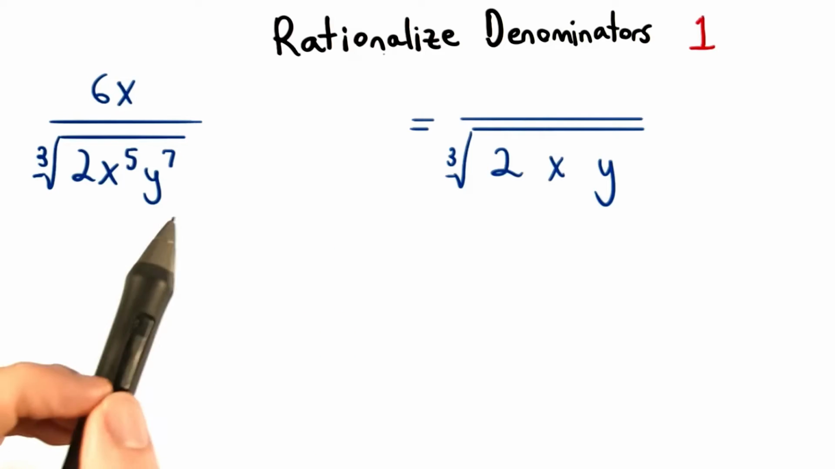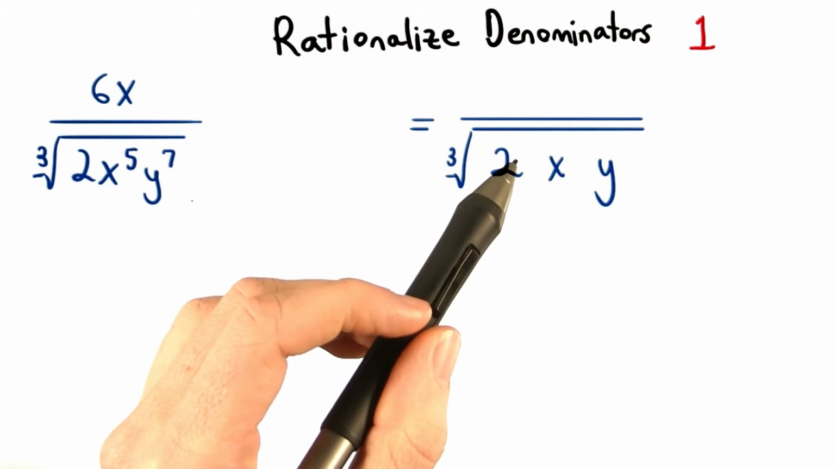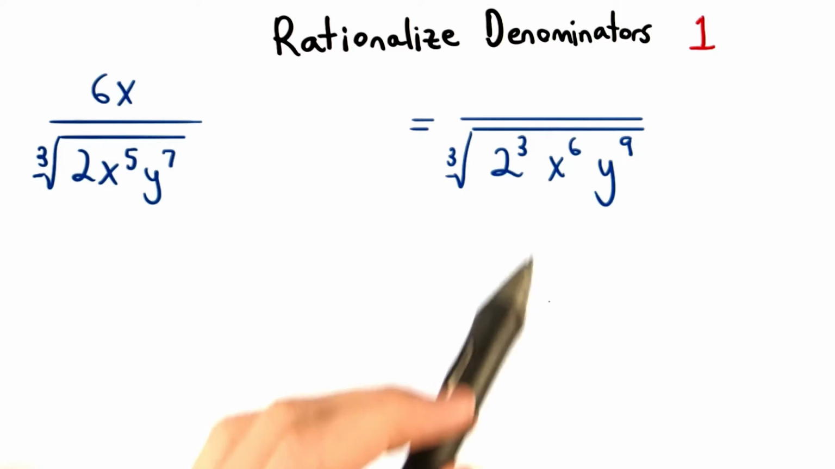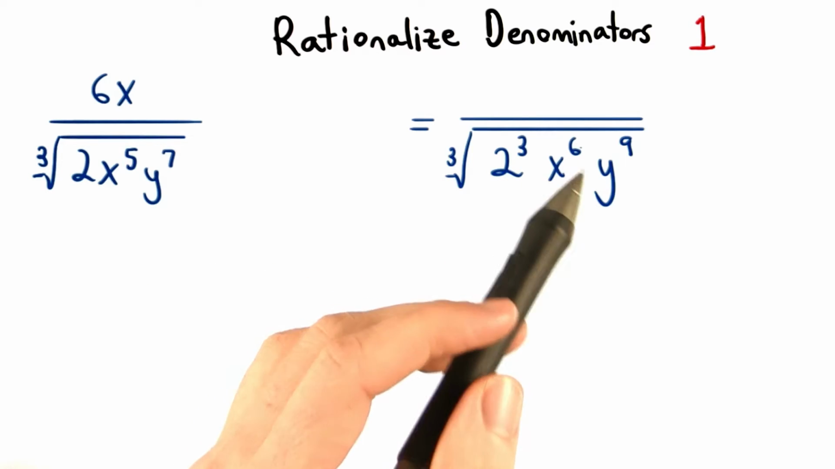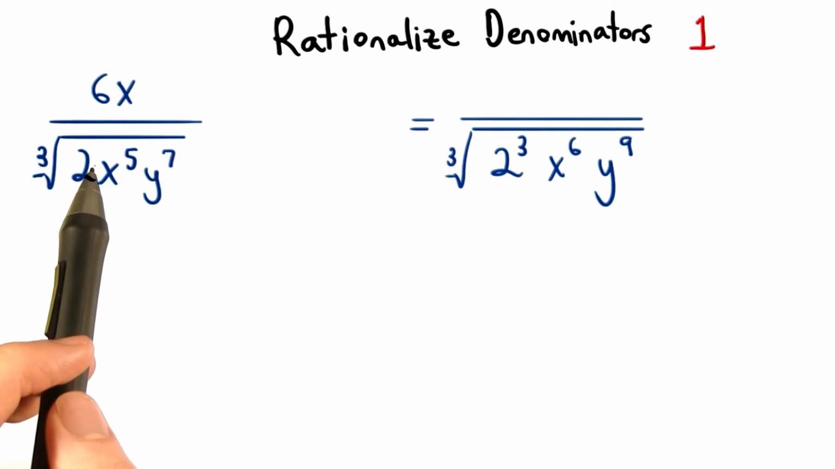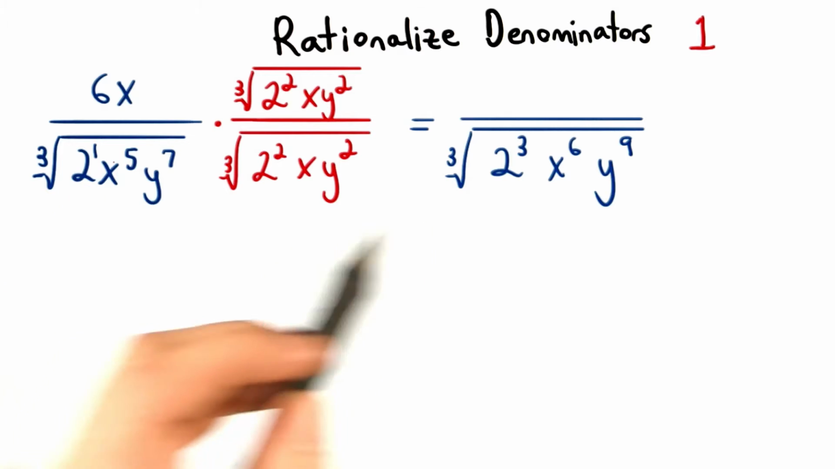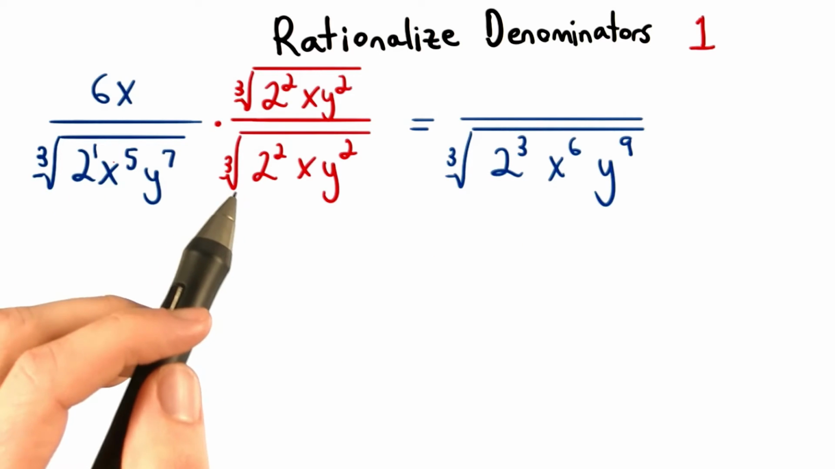In order to rationalize this denominator, we want our powers of 2, x, and y to be divisible by 3. This means we want to have 2 cubed, x to the 6th, and y to the 9th. We need to raise these powers so that they're divisible by 3. So to change 2 to the 1 to 2 to the 3, we multiply by the cube root of 2